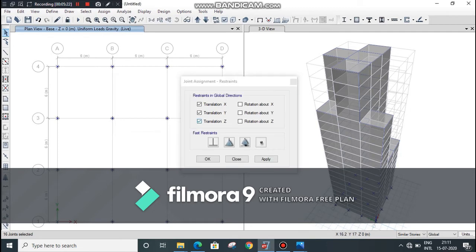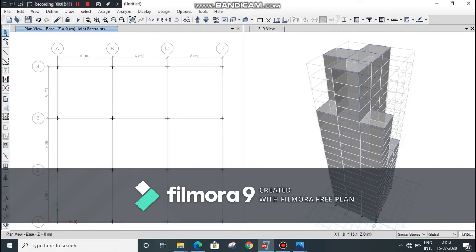You can provide restraint as fixed, pin, roller or free. Select fixed joint, click on apply, click on OK. Fixed support has been provided.